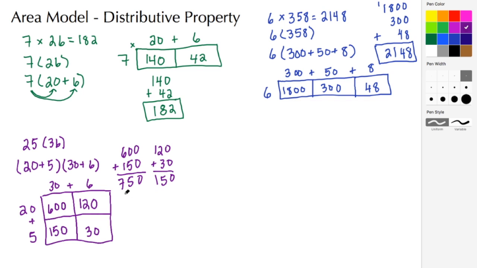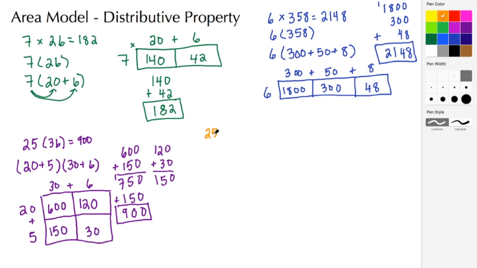Now I add up these two partial products. So that's 0, 5 and 5 is 10, and then I have 7, 8, 9. So here I see the product of 25 times 36 is 900. All right, and for our final example, let's do 250 times 12, and again, let's change the color here.